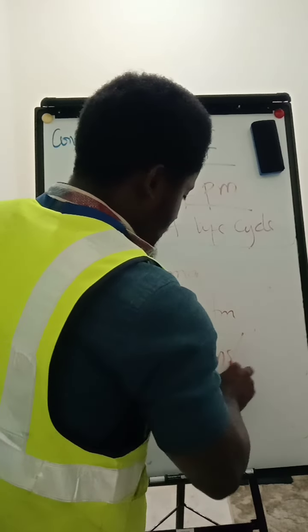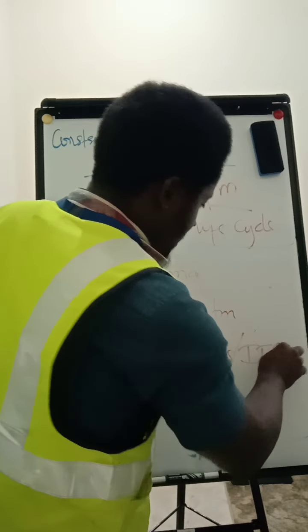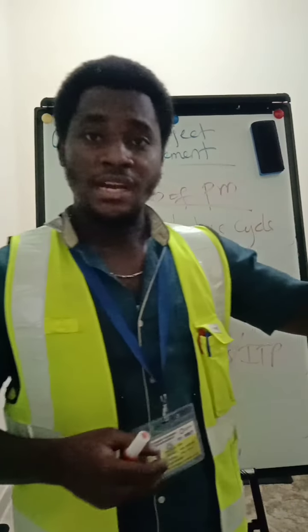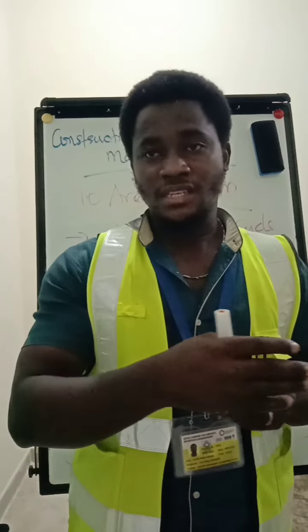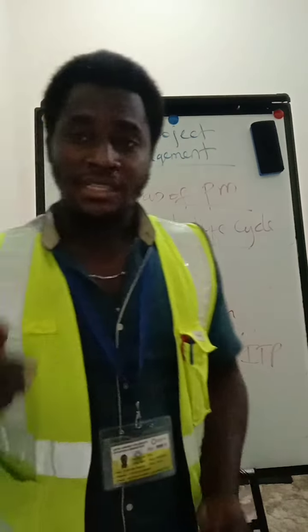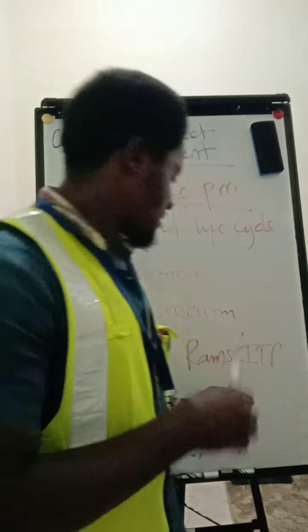We prepare the RAMs as well as the inspection test plan. After we get the approval, now we move to MIR, which is a material inspection request. After we get approval for the material inspection request, we now move to the start, which is safety task analysis,